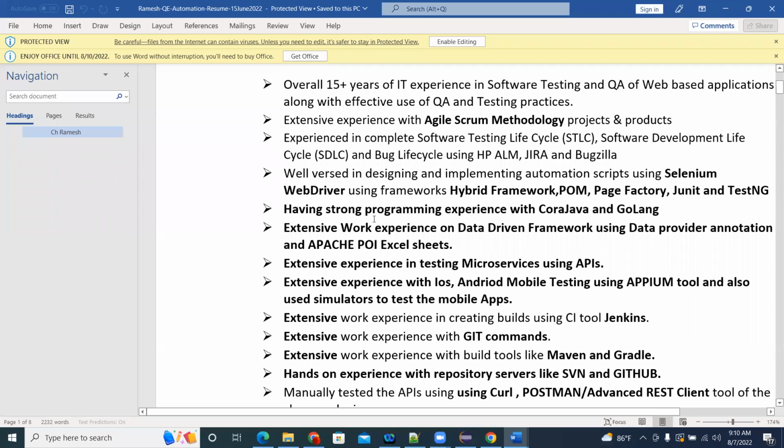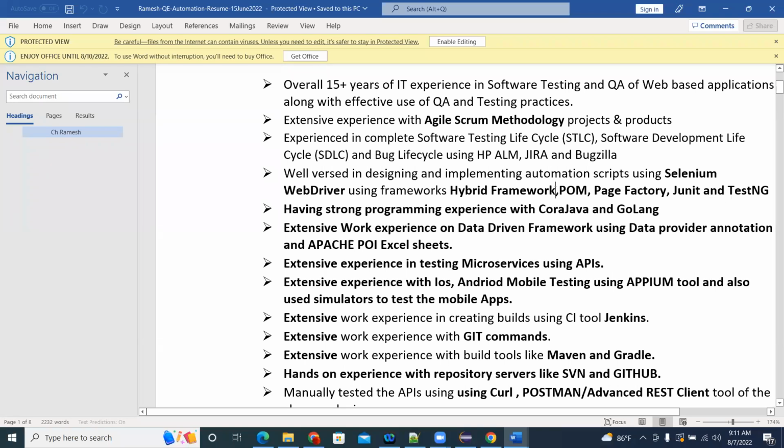Then apart from that, you have to write well versed in designing and implementing automation scripts using Selenium WebDriver, using frameworks, hybrid framework, with the Page Factory. You can write with the Page Factory or hybrid framework, or just with the POM and JUnit and TestNG.